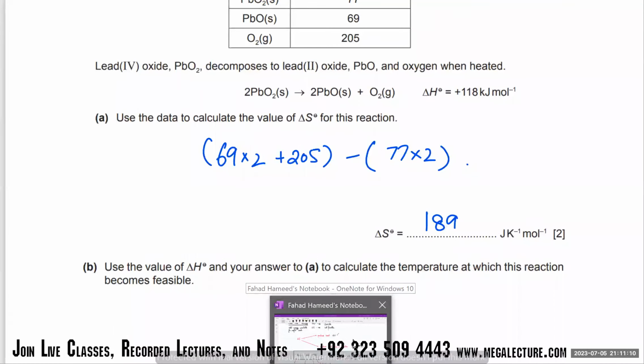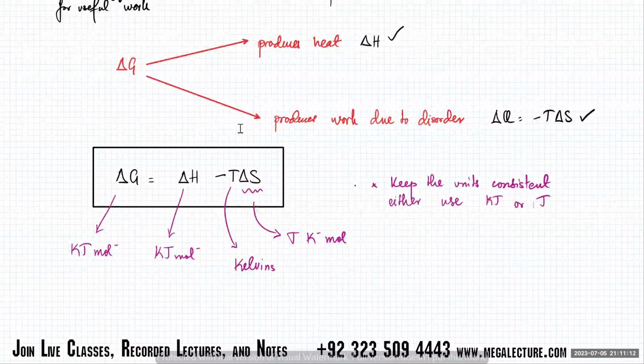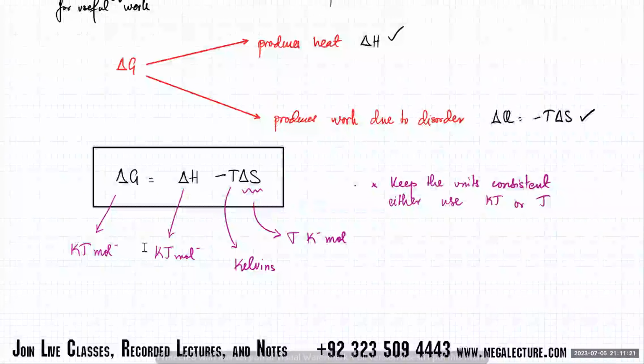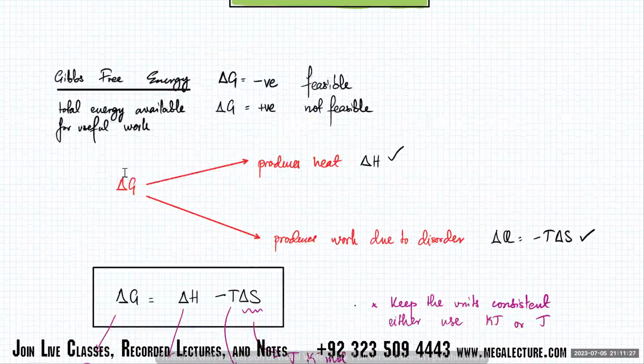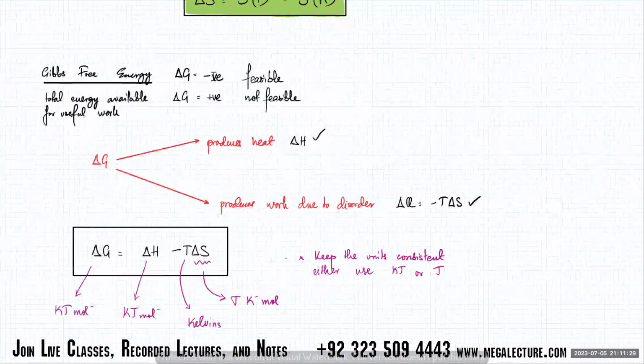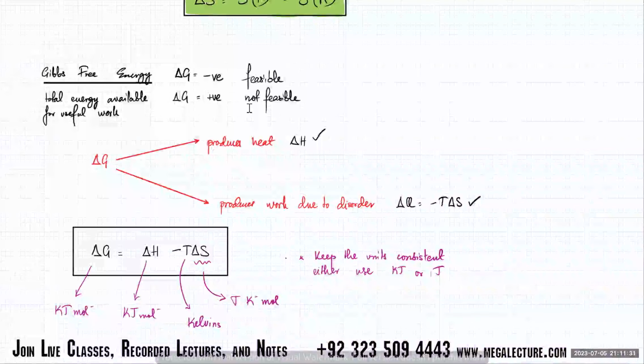Okay? This mixed work can't go on, okay? You can't work with that. So make sure you do this. When you use this formula, make sure you make the units consistent. So now that's your delta G. Using this delta G, if it comes out to be negative, that means it's feasible. Exothermic. If it comes out to be positive, that means it's not feasible.